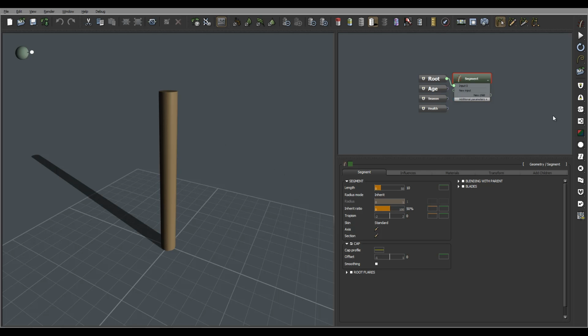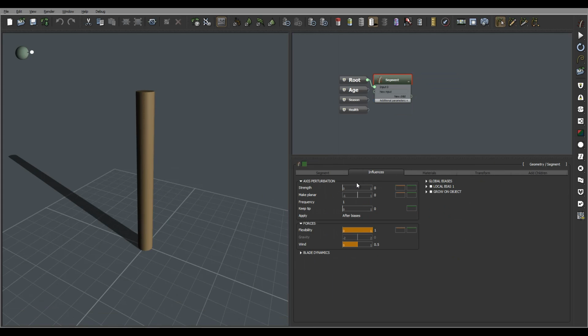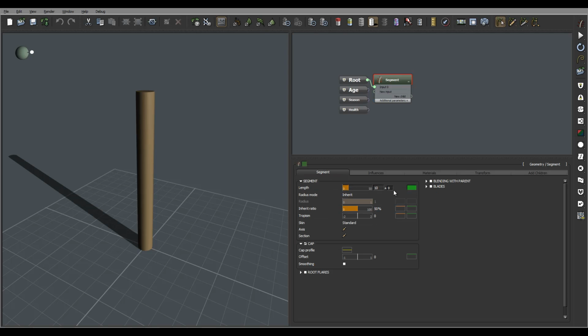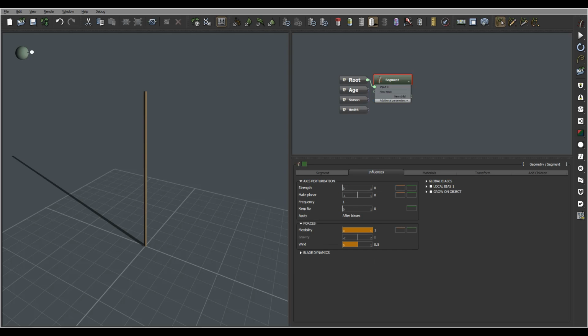So for this we'll just use the segment that we currently have, and we're going inside the influence for the segment type. Actually, let's go first to the segment and we'll just set this to 10%, leave it thinner so we can preview. Next we'll go inside the influence, and right here we'll enable local weights. So we'll switch this one to the swirl,